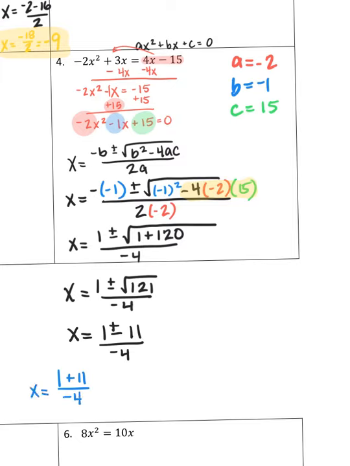And I have x equals 1 minus 11 over negative 4. So I have 1 plus 11 is 12 divided by negative 4. 12 divided by negative 4 is negative 3. And 1 minus 11 is negative 10